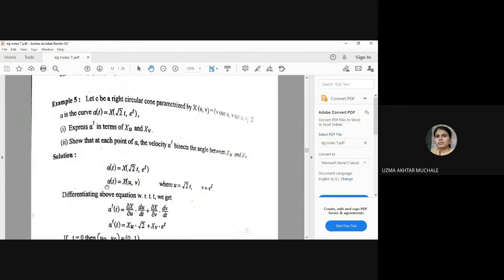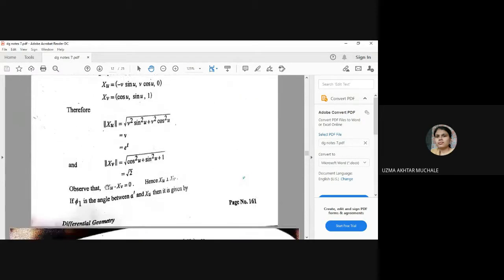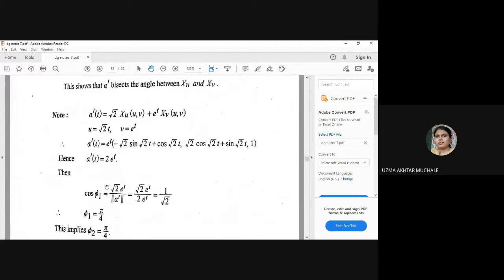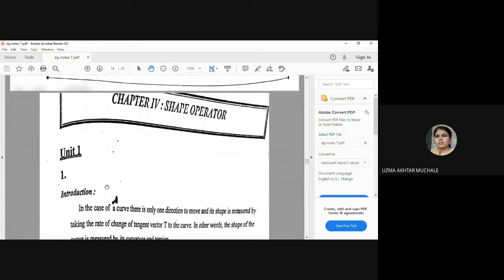Okay. In this way, many examples are given to you to solve. I suggest you solve these. Actually, as it is not a physical lecture, I cannot check how many of your students have checked it, how many have doubts, because while having a physical lecture, we can sometimes read your faces if you are not able to follow.